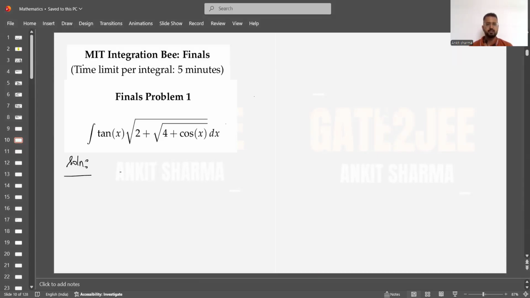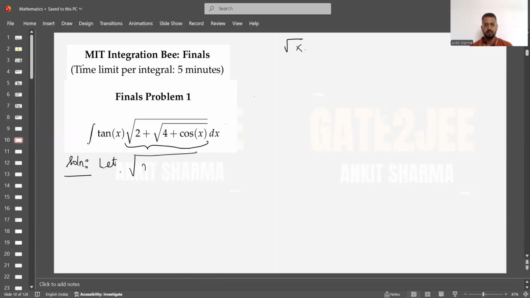So here I need to integrate square root of tan x into square root of 2 plus square root of 4 plus cos x. So of course, as per the standard integration methods, we know that this guy should be taken as the substitution, because root of x integration I know, when this turns out to be a variable, but then here it's not. That means this guy must be a substitution. So let